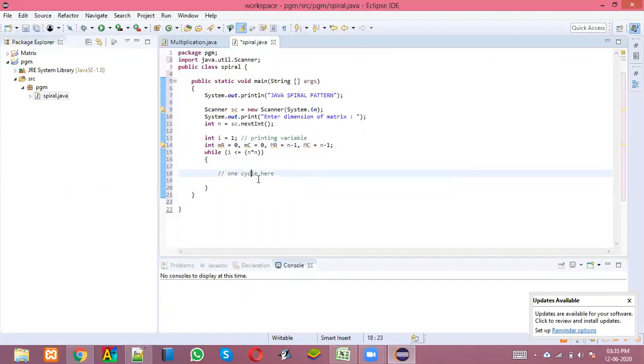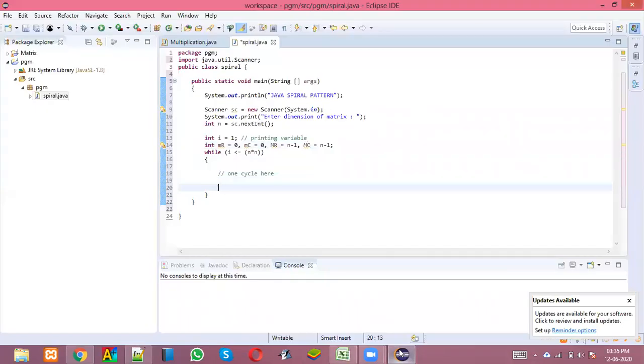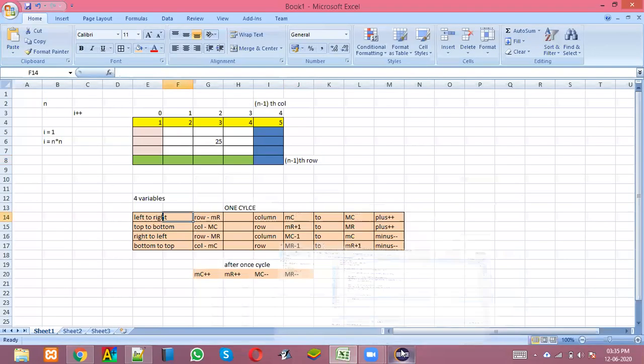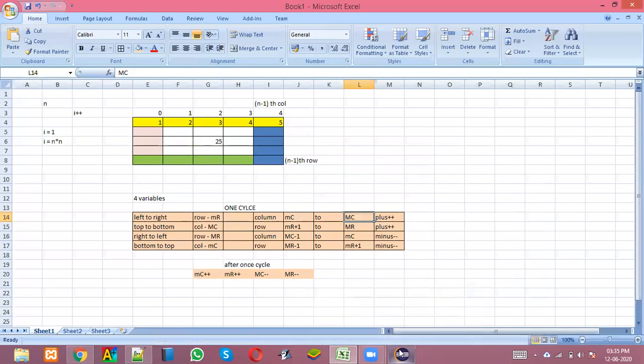Now we have to perform one cycle. So what is the first operation I have to perform? I have to go from left to right. So let me write the code for that. I have to start a loop with int j as the loop variable, from small MC till capital MC. Carefully: from small MC, and less than or equal to capital MC, with a j plus plus operation.